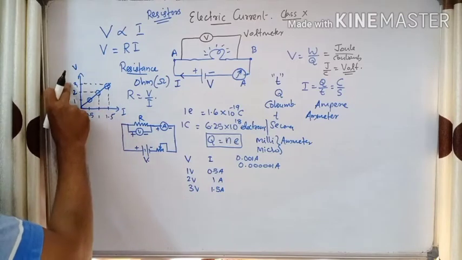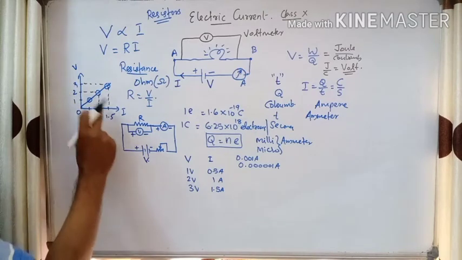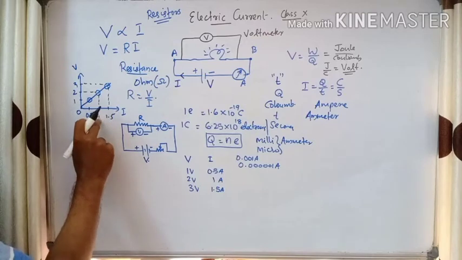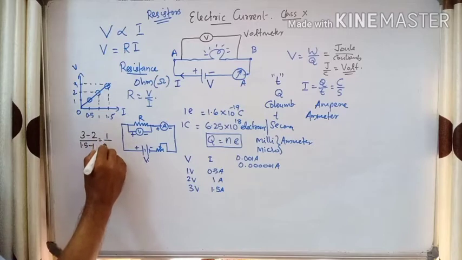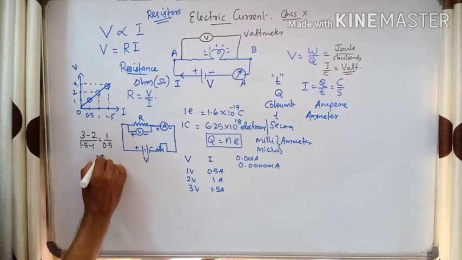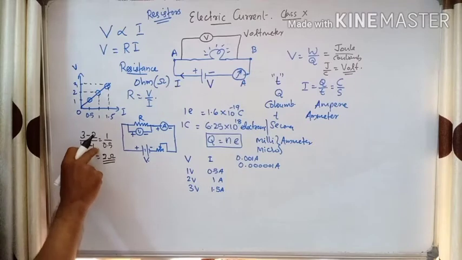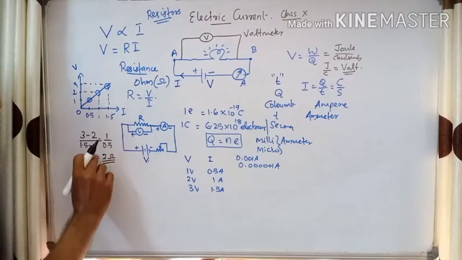Which are the changes in y coordinates corresponding to these 2 points? It is 3 minus 2. Change in y coordinate is 3 minus 2. Corresponding change in x coordinate, how will you find? 1.5 minus 1. These are the changes in x coordinate. What will you get? 1 divided by 0.5. What is the value? 1 divided by 0.5 will be 2. Okay, 2 ohms. This is called a slope calculation. Change in y coordinate by corresponding change in x coordinate will give the slope.